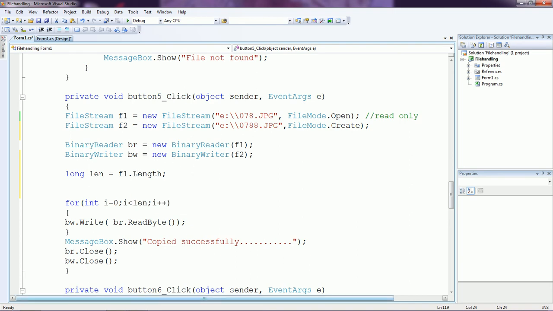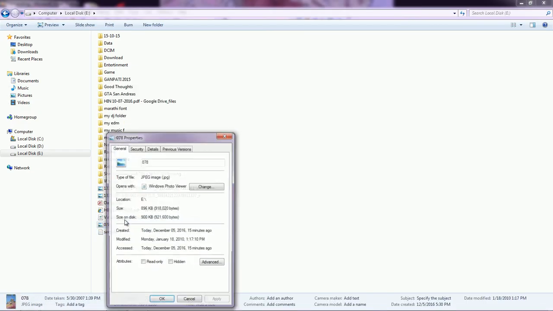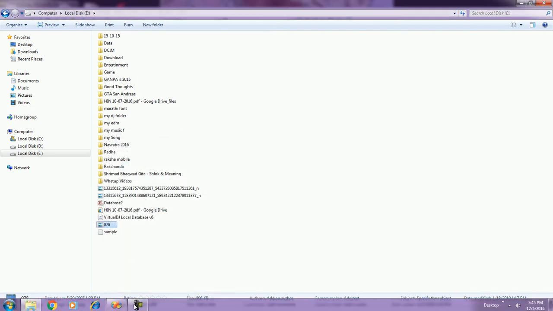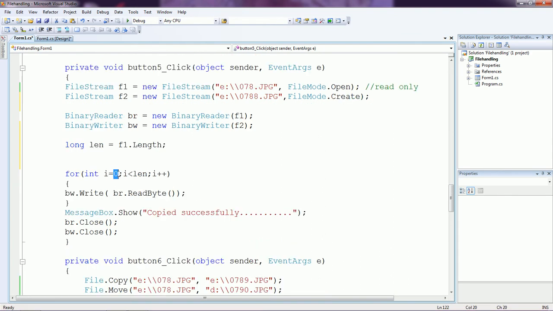Let us see what is the length of the file. The length of the file is 9182020 bytes because we have a choice only to read data byte by byte. Okay, it is the length of the file, and starting from 0 till the length of the file, let us read one by one byte and store to BW, that is the target file. Okay,